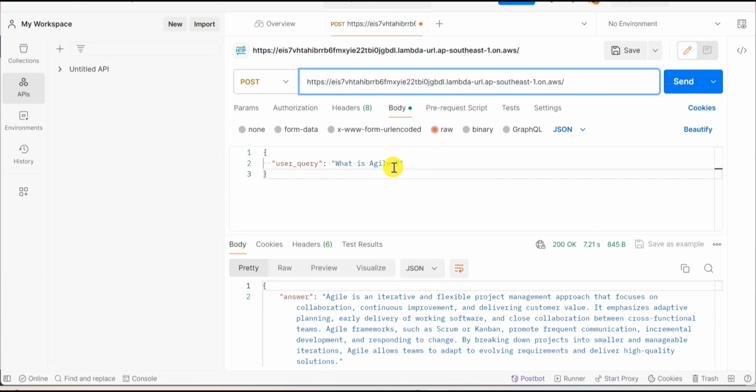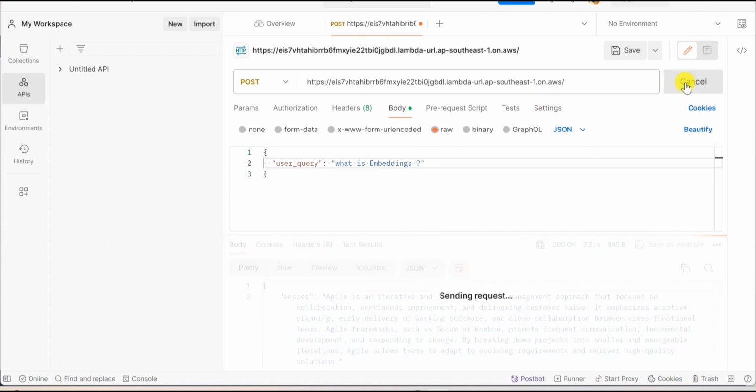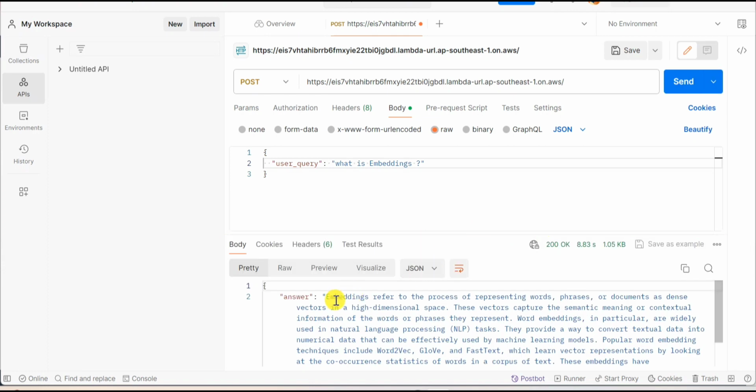Okay, so now I'm going to give the query here. Let's say I'm asking what is DevSecOps. Okay, let's say I'm asking what is embeddings. Send the request. Okay, so we got the answer. It means